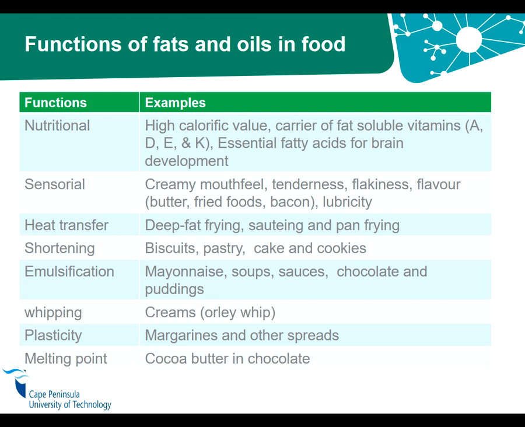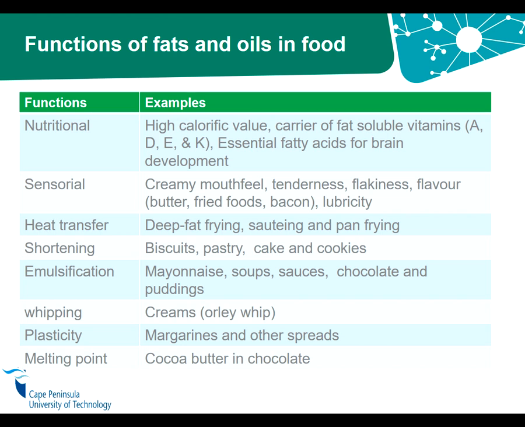But if you would smear it with Sunshine margarine or Rama, then it's easier to consume that kind of product. So they provide heat transfer in deep frying, especially in products such as KFC, and they are used as